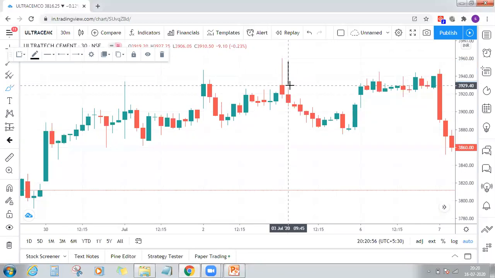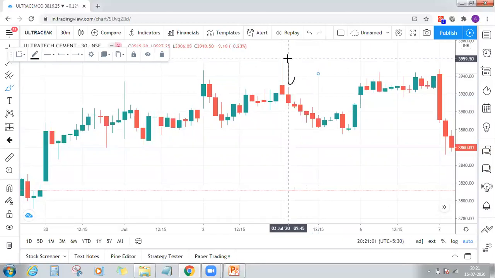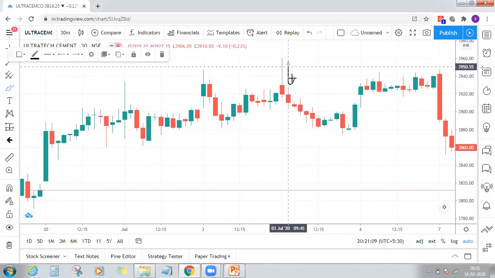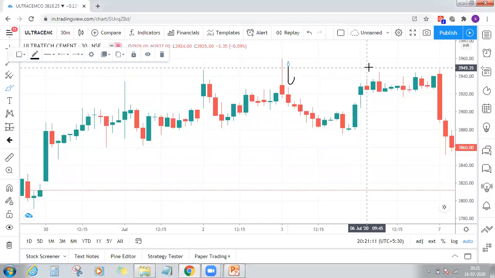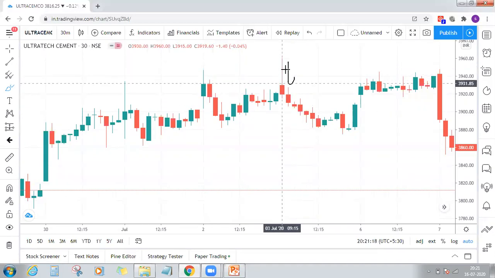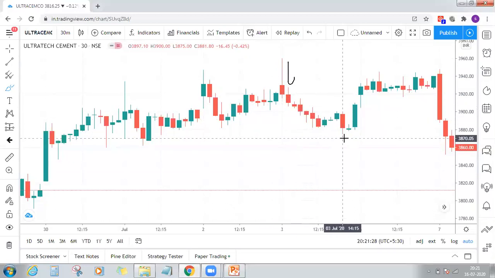there were sell at market orders that got executed. So what do sell at market orders mean? Whenever price comes to the same zone again, they are ready to take whatever comes, but they want the price to be lower. So they sold at market price here. That is the reason you got a strong shooting star. So you need not wait for any confirmation here. From 3920, price fell down by 40 rupees to 3880.